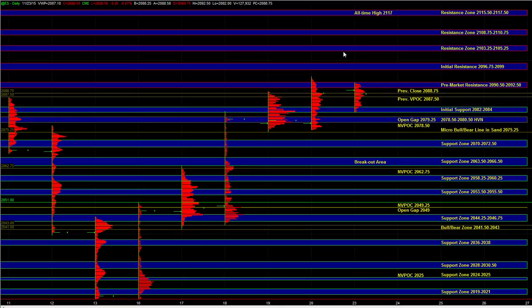So we saw in the overnight session that responsive buyers were active near Friday's low of day, and overall heading into the open, the market is very balanced and two-sided. And if we look at the last 3 days, we can see that the market has been consolidating within a